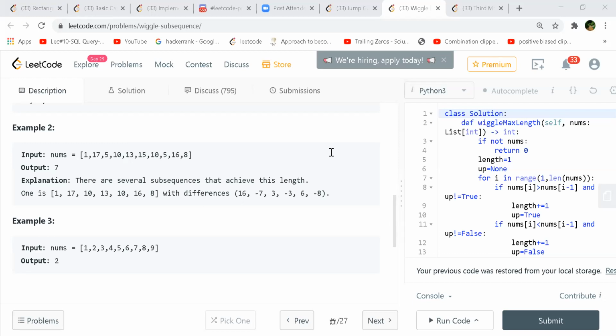Every time at the next position, I look at what my previous one was. If it was increasing, then I look for the decreasing one and keep on increasing my count. I always look for the decreasing because I start with the increasing, and then again I go for the next level in the recursion and keep looking for the opposite side.